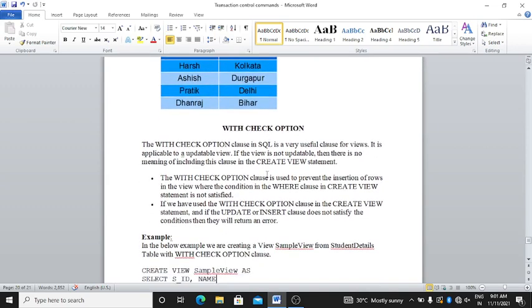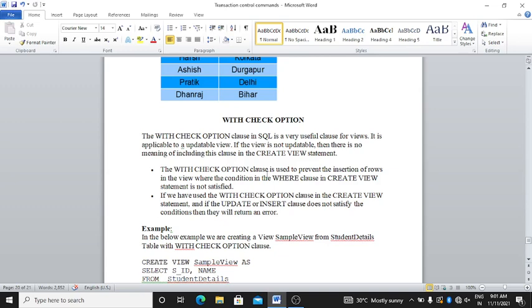With check option. The with check option clause in SQL is a very useful clause for views. It is applicable to an updatable view. If the view is not updatable, there is no meaning in including this clause in the create view statement.